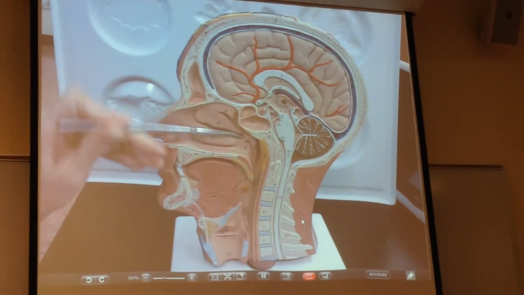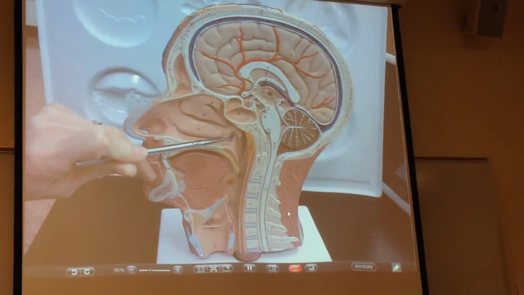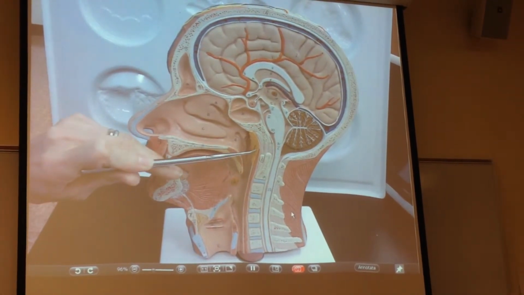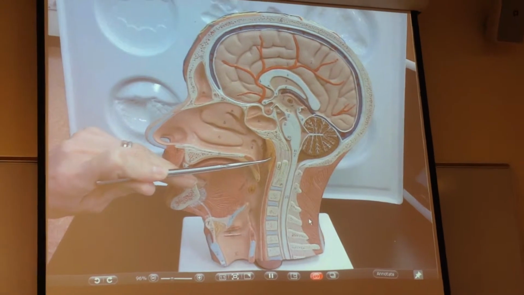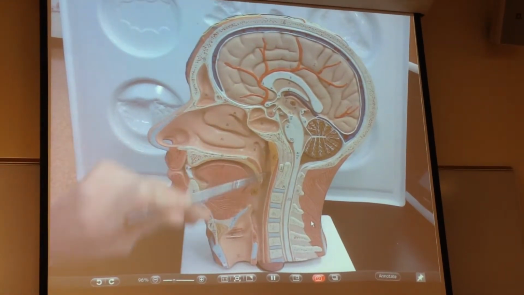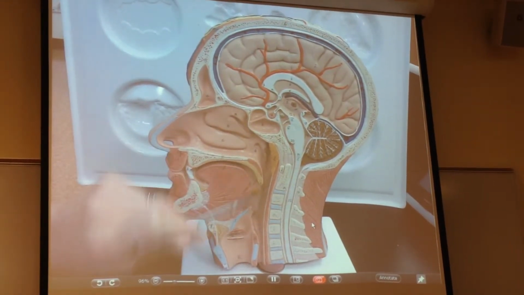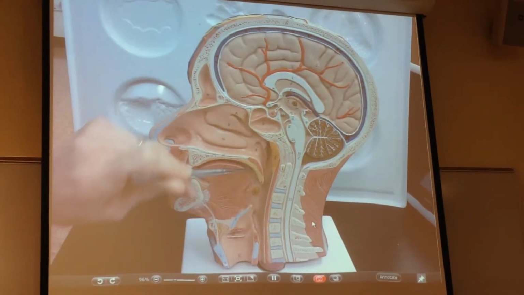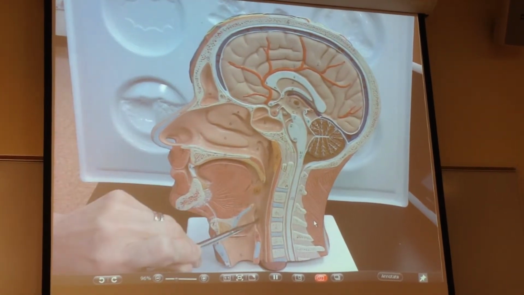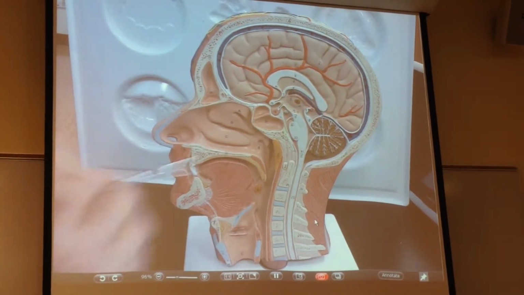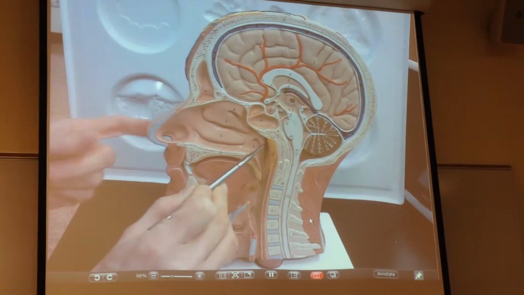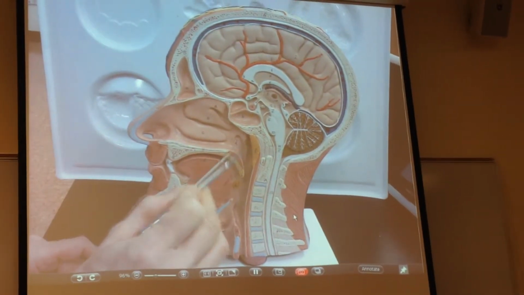What is this structure right here? The opening of the auditory tube or eustachian tube. What is that right there? The pharyngeal tonsil. And what is this tube right here, just generic, called in general? That's the pharynx, or more commonly called the throat, all the way up. So this part of the throat right here, where the nose is, this is called, more specifically,